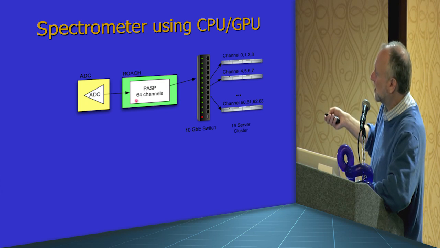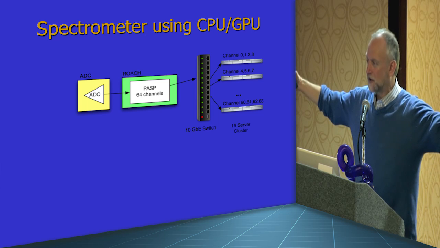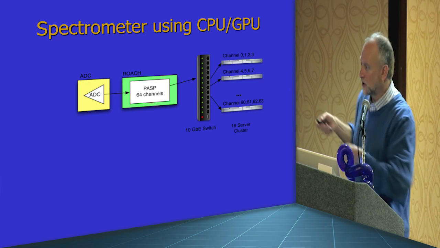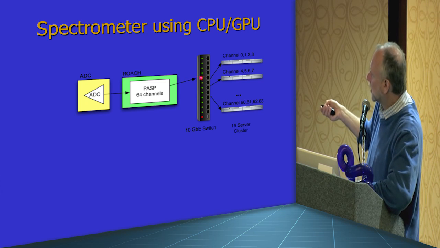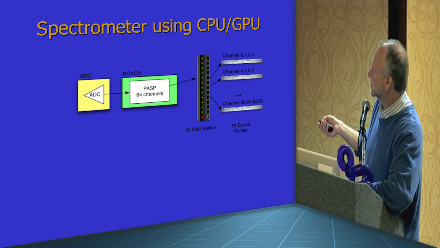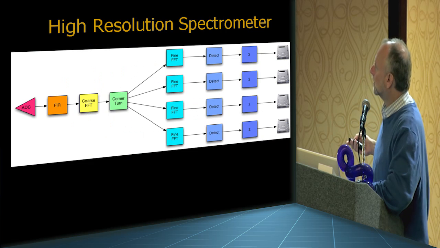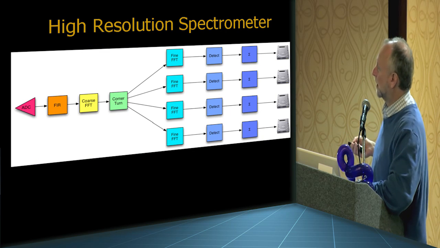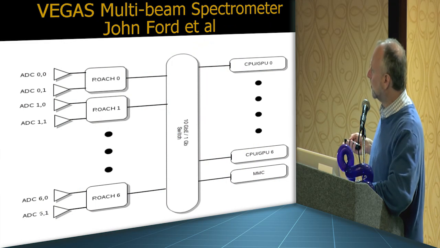And the FPGA might break it up into different frequency bands. So you're trying to analyze a big chunk of the electromagnetic spectrum, and the FPGA breaks it up into little chunks, or maybe coarse chunks, and then sends each chunk of the band to a different computer cluster or different FPGA board. So it goes into a switch, and the switch routes these packets to different computing elements. And this is the same kind of thing where you digitize data from a single pixel. These are multi-pixel receivers.